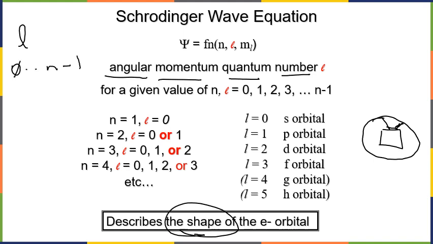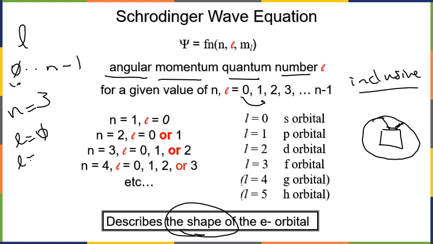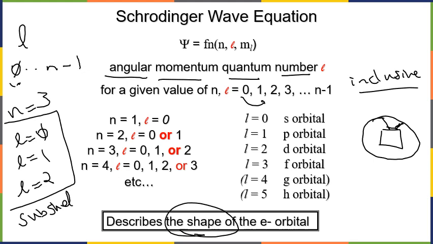So what does that mean? And by the way, that is inclusive, meaning that if, say, n equals 3, we have to go to 0 and then go all the way up to n minus 1, going up by values of 1 each time. So if n is 3, then L is equal to 0, L is equal to 1, and L is equal to 2. And we have different places where we can put our electron. These are our subshells, and they fit into our shell